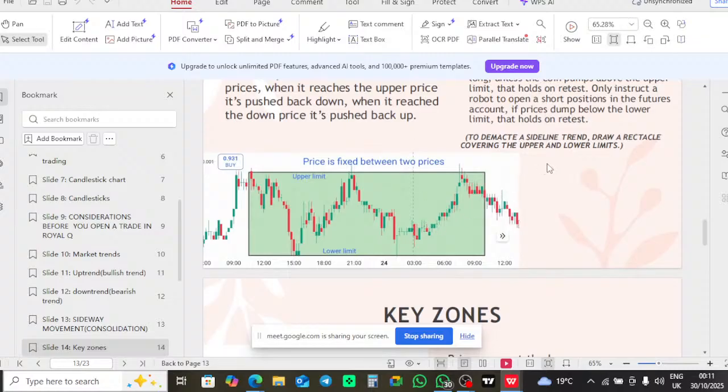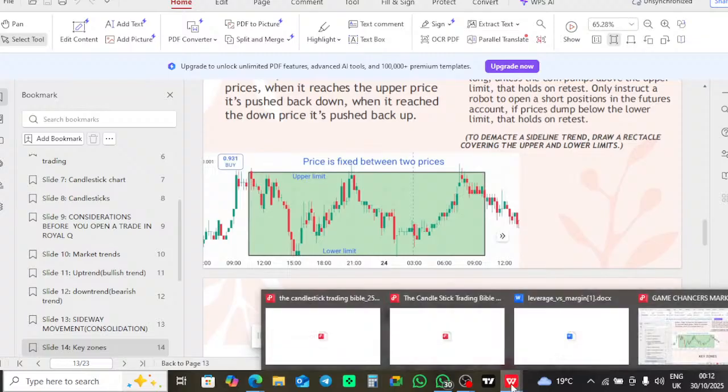But to be on the safer side, you better focus on the middle. You can bisect these 2 lines. Just put a middle line. To be on the safer side, when we touch the downward, enter. In the middle, get out. Because at times, the market may not reach the upward line. Are we together?